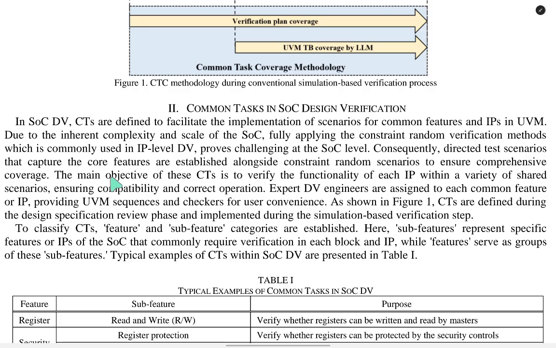The main objective of these CTs is to verify the functionality of each IP within a variety of shared scenarios, ensuring compatibility and correct operation. Expert DB engineers are assigned to each common feature or IP, providing UVM sequences and checkers for user convenience. As shown in Figure 1, CTs are defined during the design specification review phase and implemented during the simulation-based verification